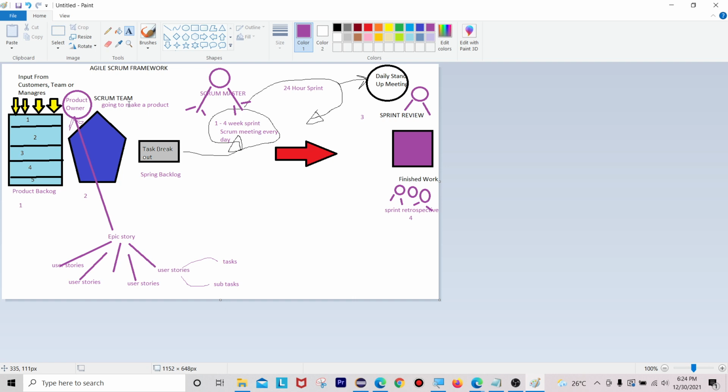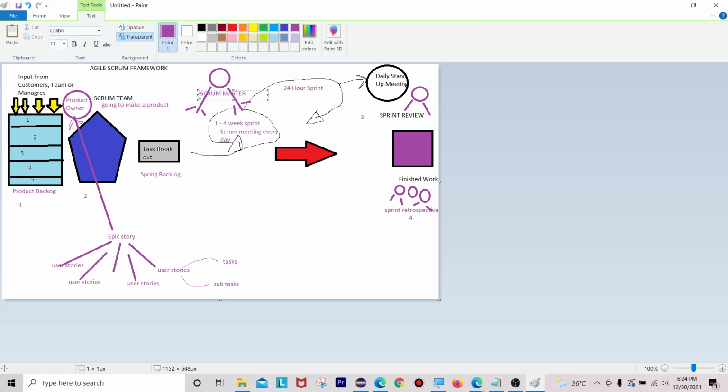Okay, usually how many members can a scrum team have? There is an algorithm called 7 plus or minus 2, whether it will be 7 plus 2 that is 9, or 7 minus 2 that is 5. Between 5 to 9 members will be present inside this scrum team. Okay, 5 is the minimum and 9 is the maximum. The main lead here is only this guy, the scrum master is the lead of the scrum team.